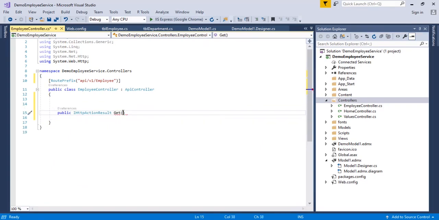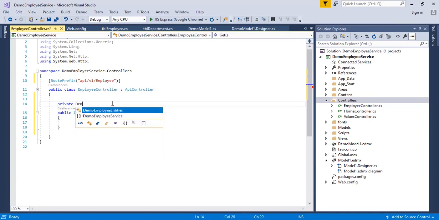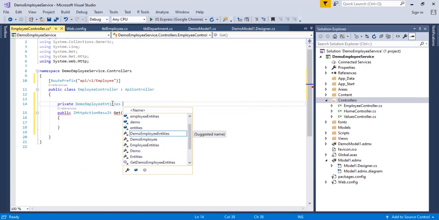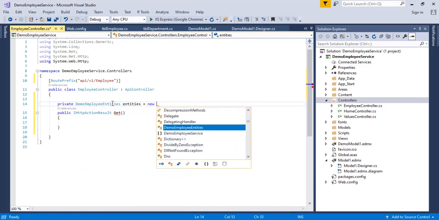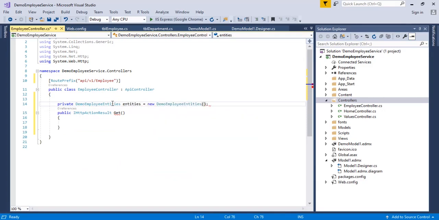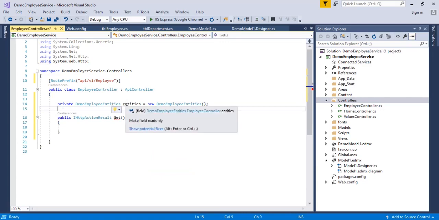Before that, in the employee controller, we're going to create an entities object: demo employee entities, entities equal to new demo employee entities.